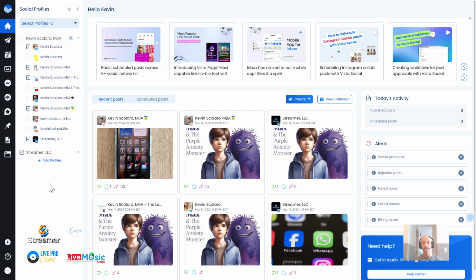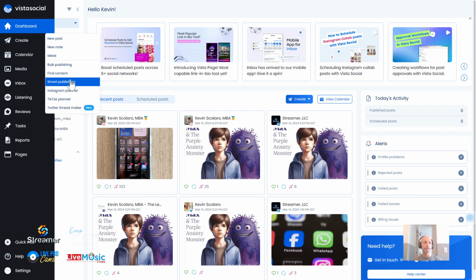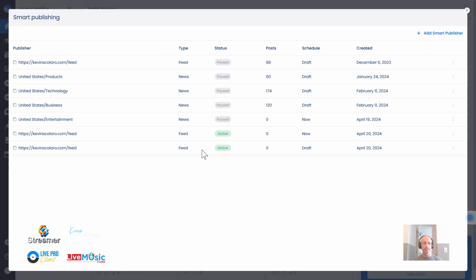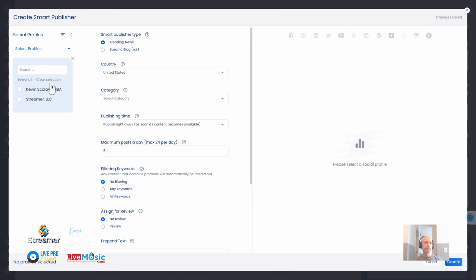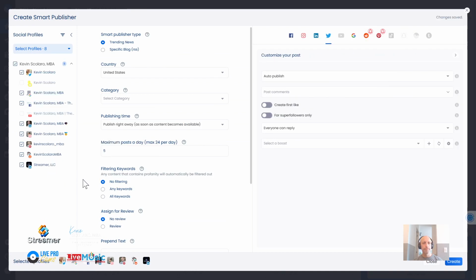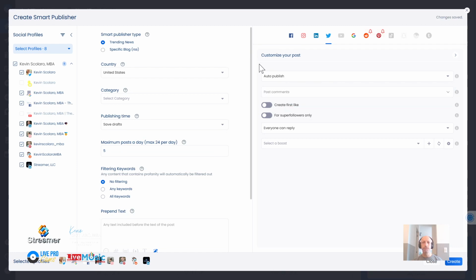And what I really mean by that is sometimes I have to go in there and, when I say choose the title, if I go back into the Smart Publishing here, I'll show you the setting I'm talking about. So in the profile here, if I come back and say save to drafts, I think I went over here before and I would put send reminder notification, I had to do just to be able to go in and see what the post looked like before it was being published